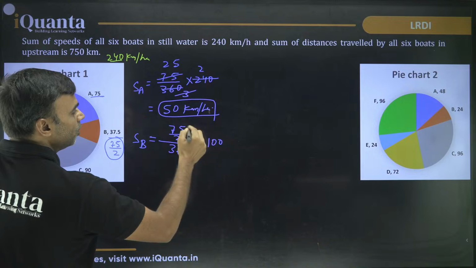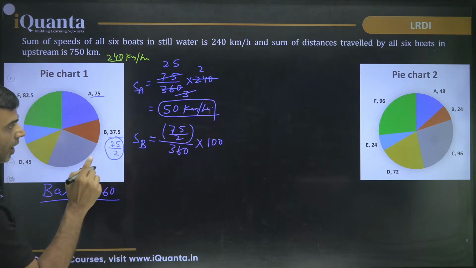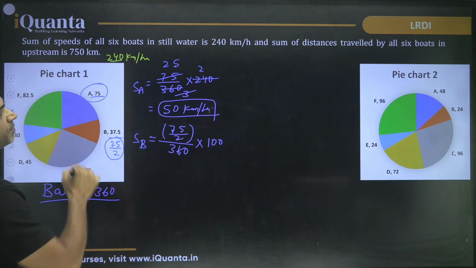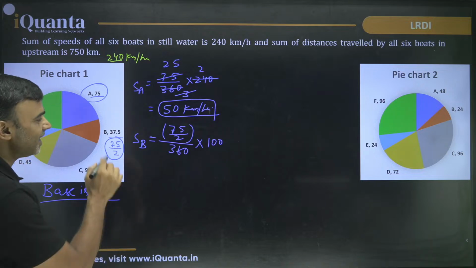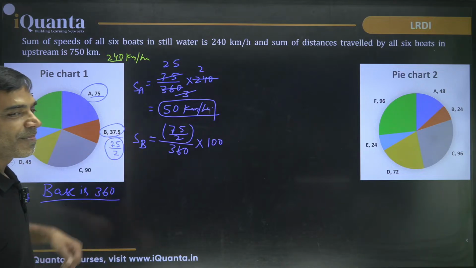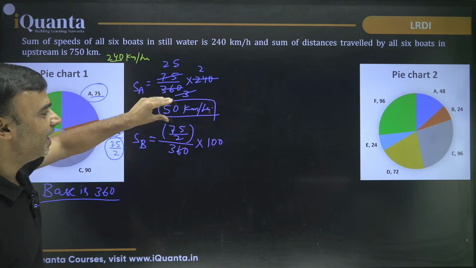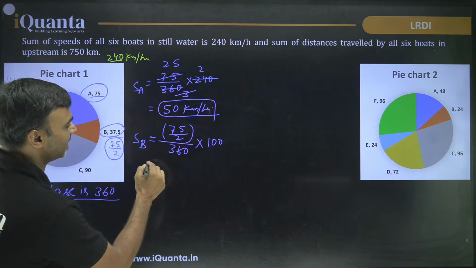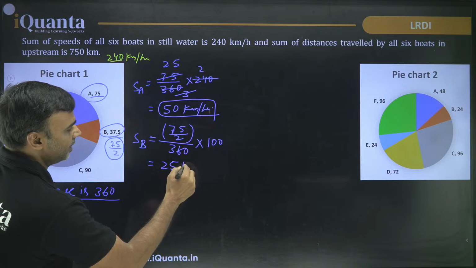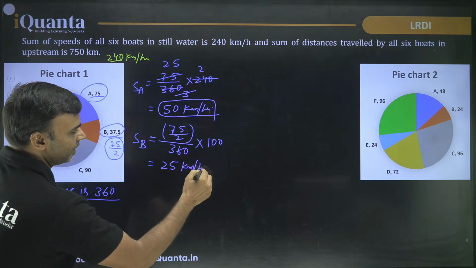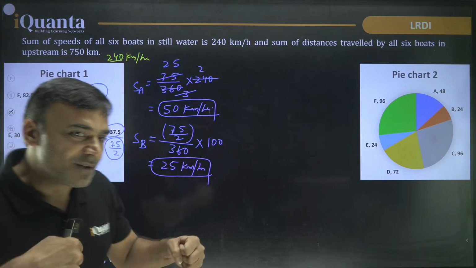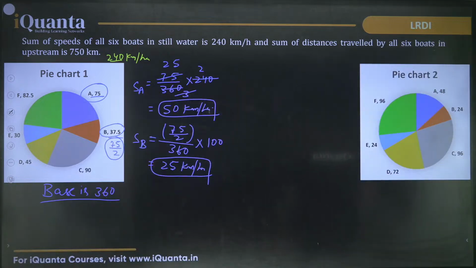Now here, do I really need to do this calculation, or can I say whatever was the speed for A, exactly उसका आधा हो जाएगा? Whatever was the speed of A, it will become exactly half of that. That is 25 kilometers per hour. I'll wait for a response on this. Do you understand that? जबरदस्ती calculate करना है ऐसा जरूरी नहीं है. We can keep seeing that. Perfect.